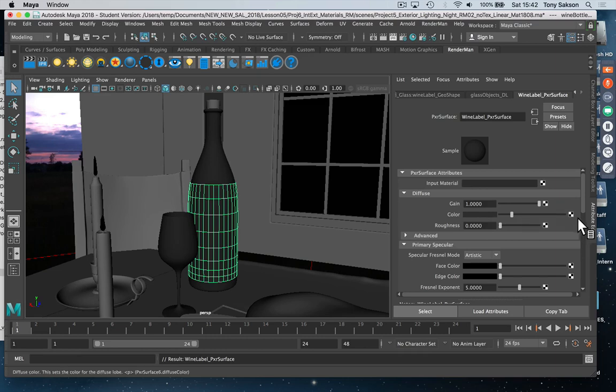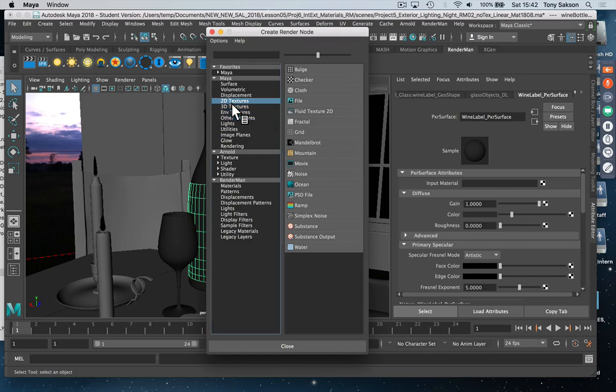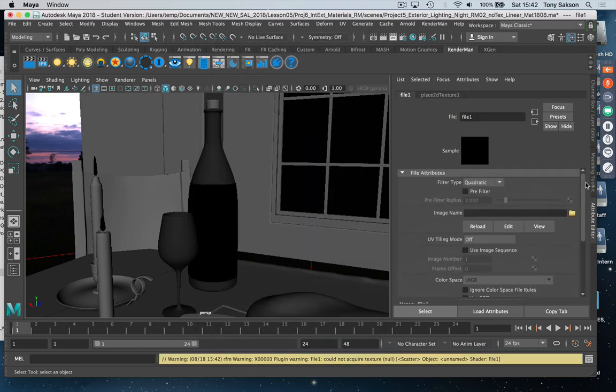All right, so our file gets plugged into diffuse color. It's a 2D file. We're not doing projections. There's no reason to project this. In file,